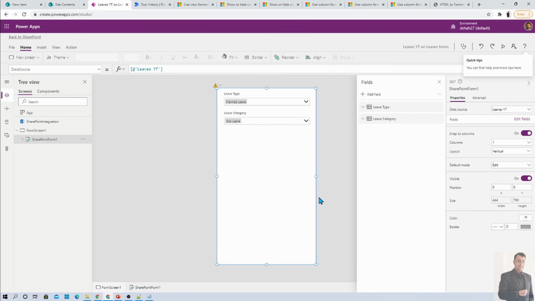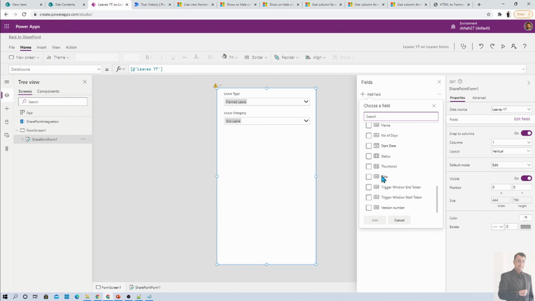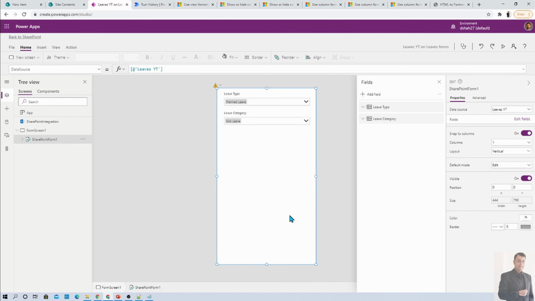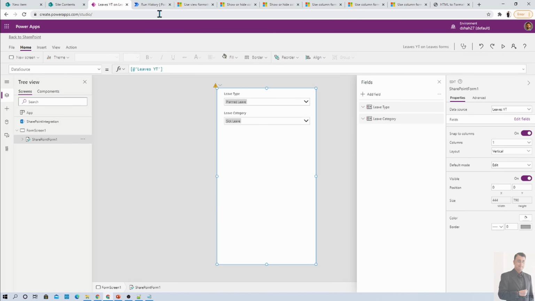Now, based on your scenario and your requirement, you can create and design the form over here. So you simply need to click on the add button and you can add different columns from here and prepare your Power Apps form and publish it. And once you publish that, that form will appear here in your list form, right? So this is the second way of customization, right? So based on your requirement and your convenience, you can choose the appropriate model for customization of the list form, right? So hope this tip is helpful to you.